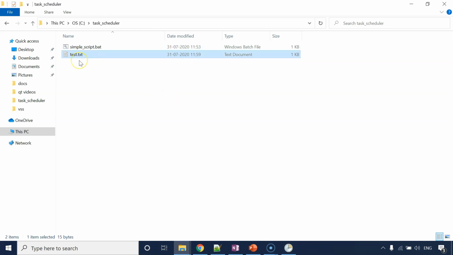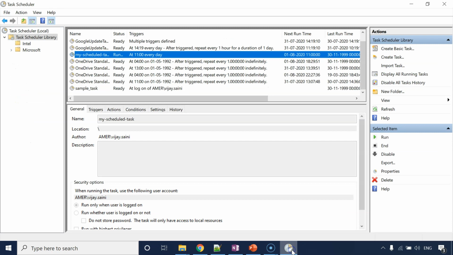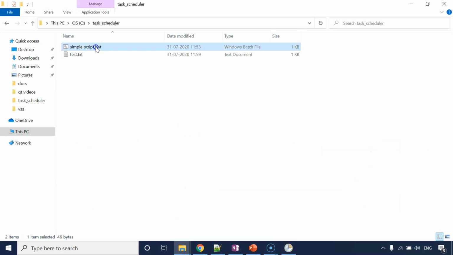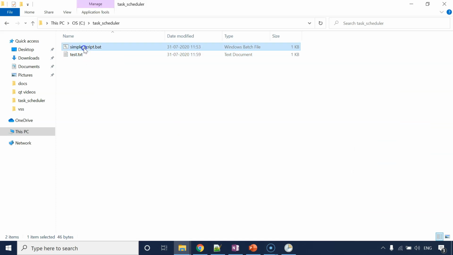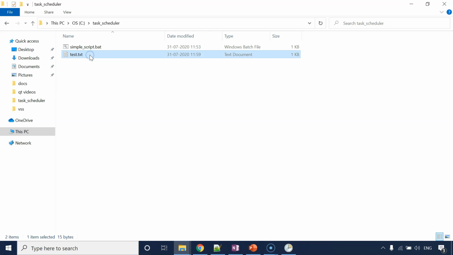Okay. So one way of looking at this is that, okay, this file is created means our scheduled task would have triggered and executed this batch file, which would have created this file. But what if this batch file doesn't create any output as such? What if it simply restart a service and then done? No output for you to check later. In that case, how you will validate if your scheduled task is running fine or no?